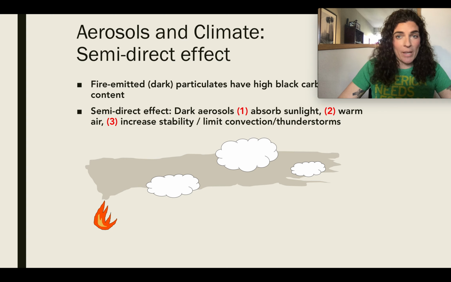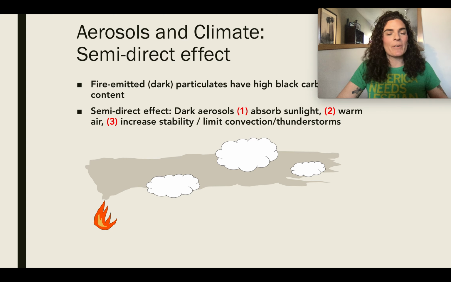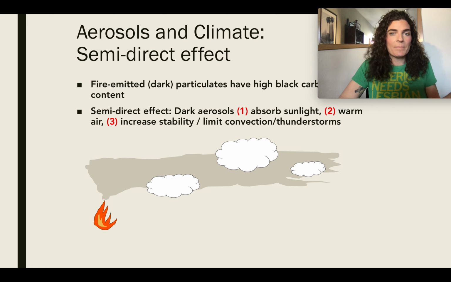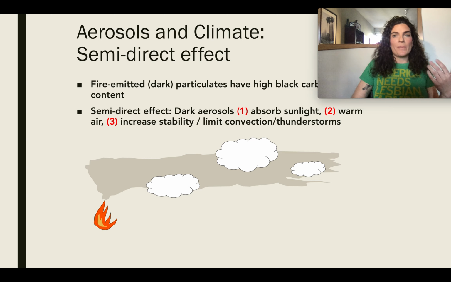We also have the semi-direct effect. The semi-direct effect results from darker aerosols, which are generally emitted from fires. These aerosols have high black carbon concentrations. They're much more likely to absorb rather than reflect sunlight. And this absorption of sunlight can actually warm up the atmosphere,